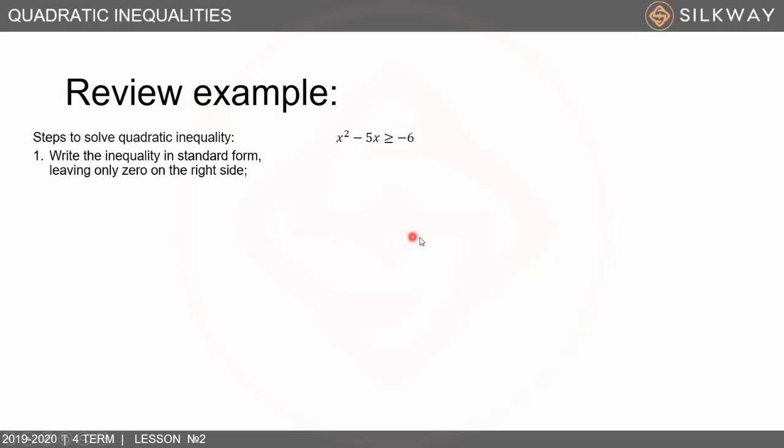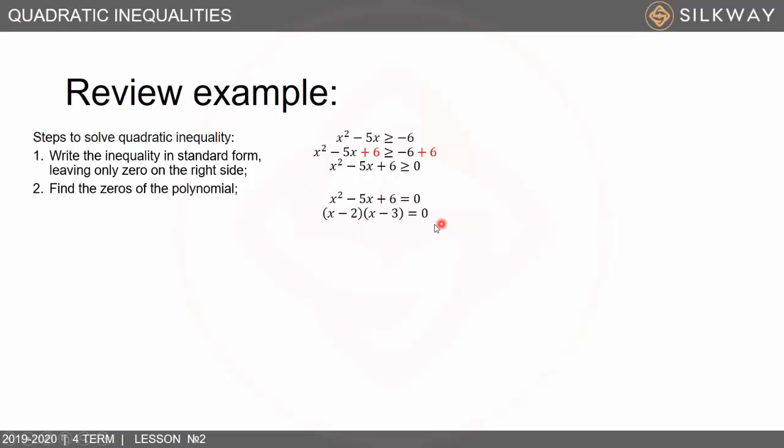First, write the inequality in standard form, leaving only 0 on the right side. Okay, we just add 6 to both sides, and we have a standard form of inequality. Then we must find the zeros of the polynomial, and to do that, we just solve this equation. Okay, by factorizing, we have x minus 2 multiplied by x minus 3 equal to 0, and our zeros